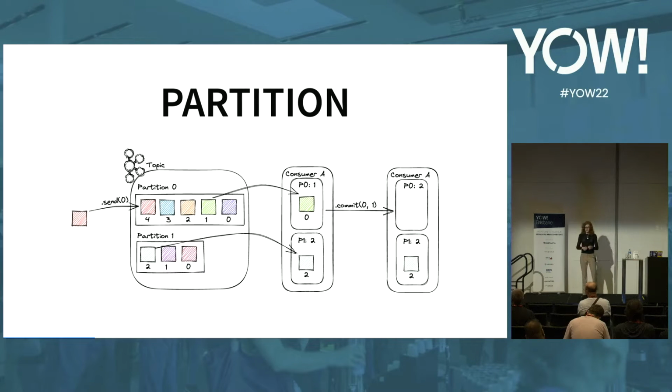groups. Yes, and then if you want to scale Kafka horizontally, because we all love to scale horizontally, we do that using something called a partition. So each Kafka topic is divided up into numbered partitions, and each has independent numbering for all of the offsets of messages in there. So in this case, we can see that partition 0 is currently looking at, oh, that number is wrong, I'm sorry. Partition 0 is currently looking at message number 1, and partition 1 is currently processing the message with the offset